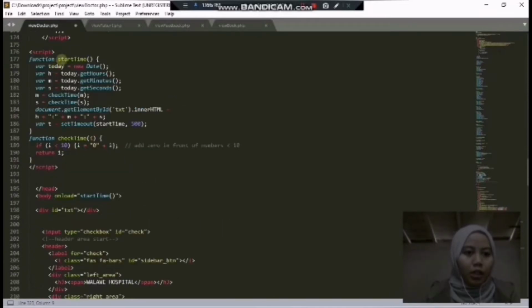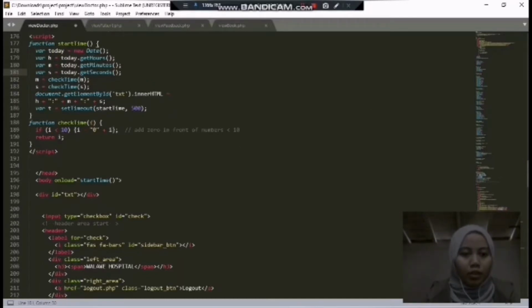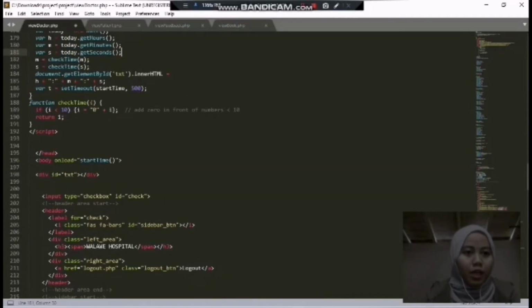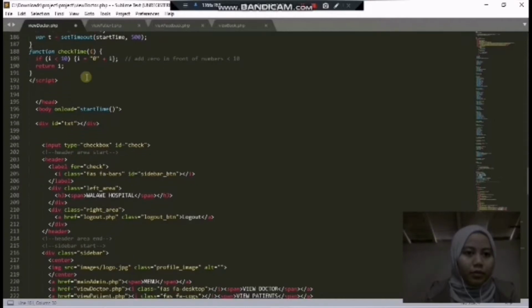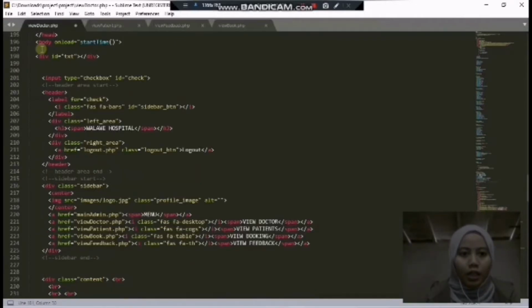From here, this is the start time function, and this is the variable. Use this to get the data from the database. And then this is the checkpoint function, and it will add 0 in front of a number that is less than 10. Then this is the body of the coding, and it will unload the start time function,